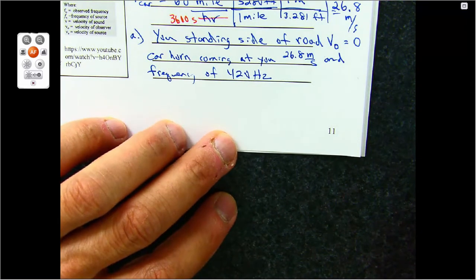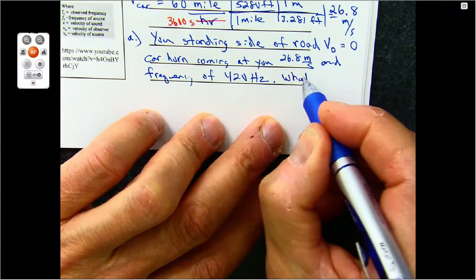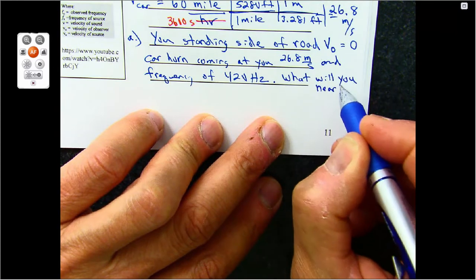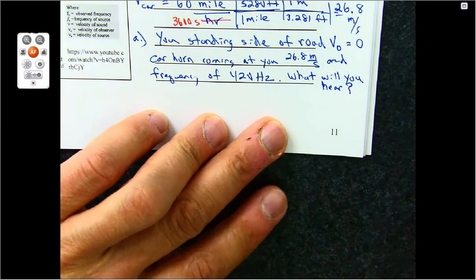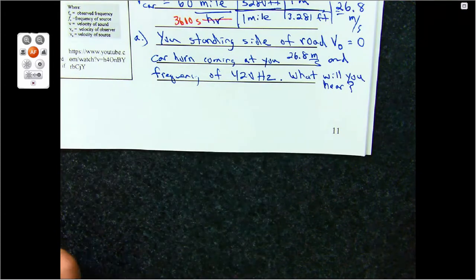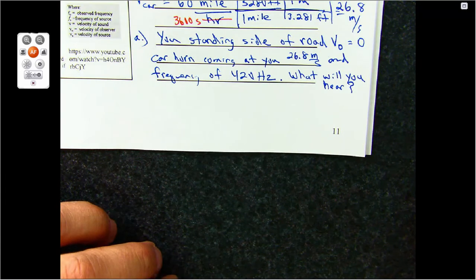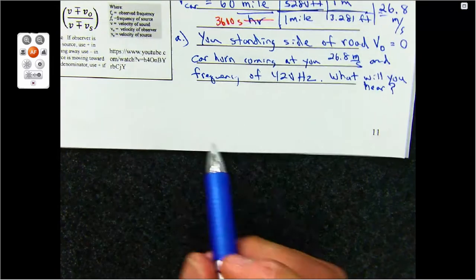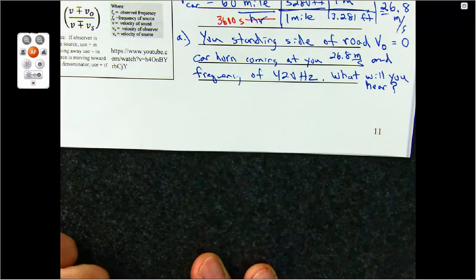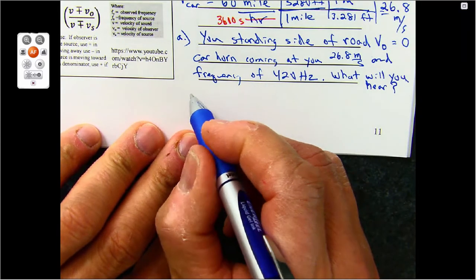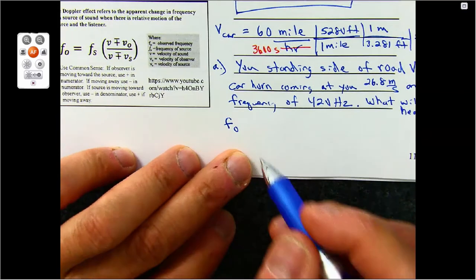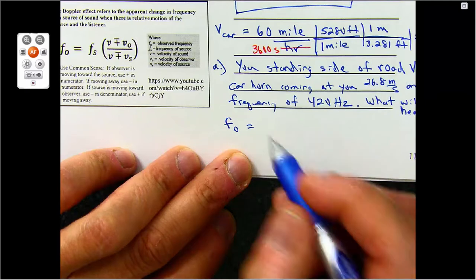The frequency of the car horn is 420 hertz. What will you hear? So we'll do A here, I'll do a B over here. So we'll try to do this if you're kind of in the same territory. So here's the equation. The frequency of the observer, you're the observer, what you're going to hear, is going to equal the frequency of the source, 420,